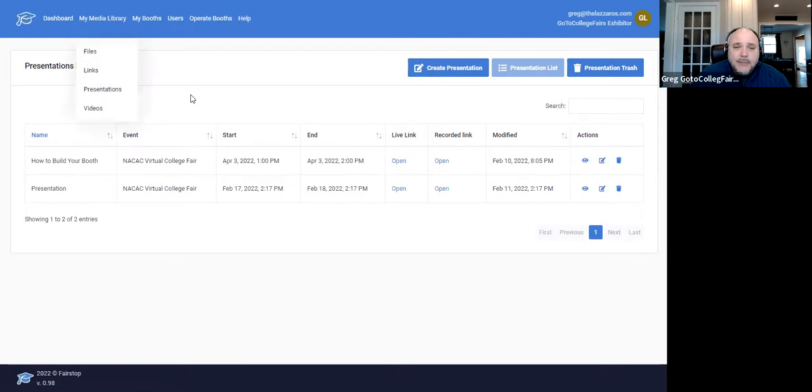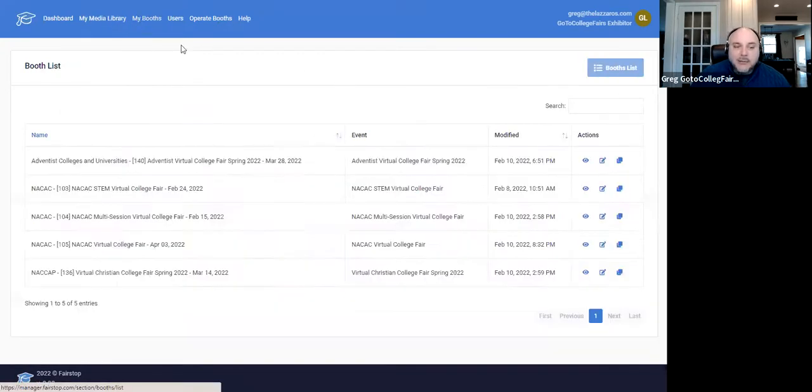The other piece that we want to do once we've populated that media library is go in and set up the booth. The media library is something you do at the account level. It's something you do typically in advance, and you can always add to it. But once the media library is done, setting up your booths is a piece of cake, and it actually gets even quicker than setting up each booth one at a time.